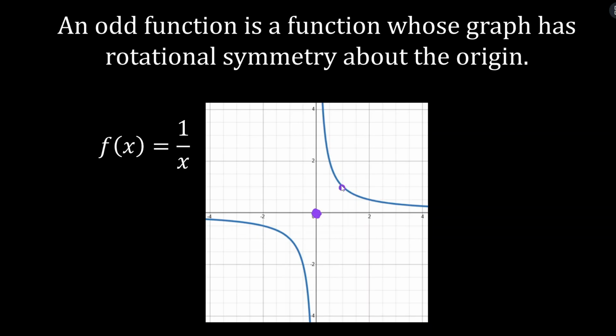So we're thinking the same thing. I'm taking this point, and when I rotate 180 degrees, what happens? It lands exactly here on this point. And in general, this entire curve, when I rotate or spin this function 180 degrees, lands on this curve, and the same thing happens the other way. This curve lands on that curve. So they sort of swap places here, and we have a function that has this rotational symmetry